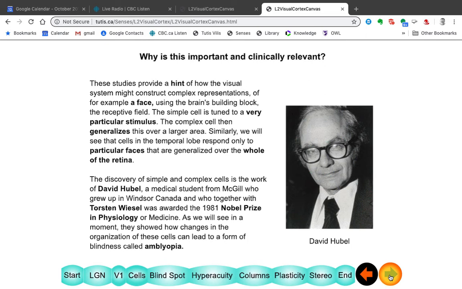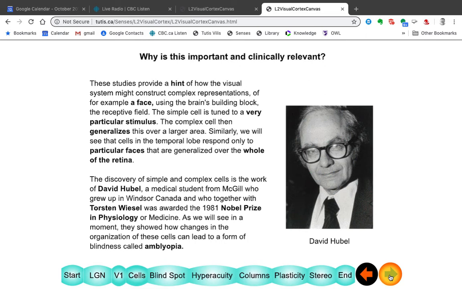This is a good hint of describing the processes that occur in the brain for doing all the things that it does. We'll talk a little bit next week about cells that specialize in recognizing faces, particular faces,